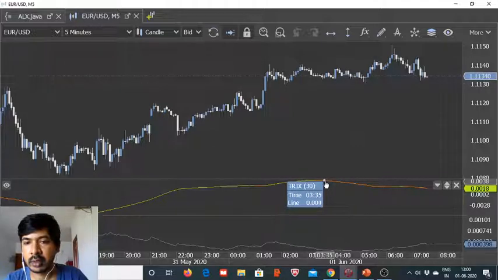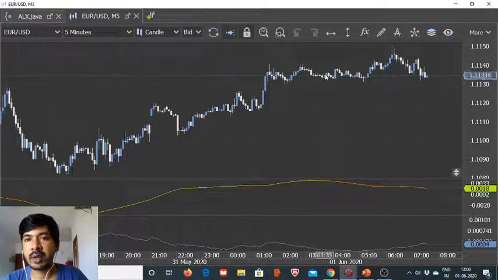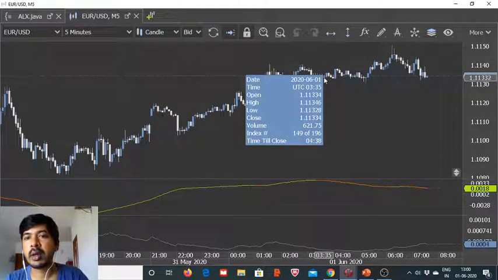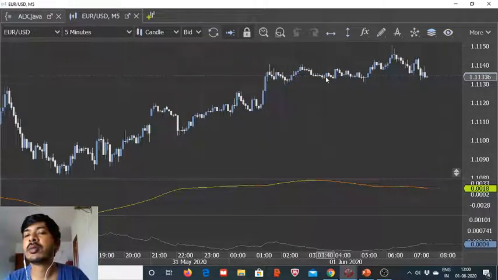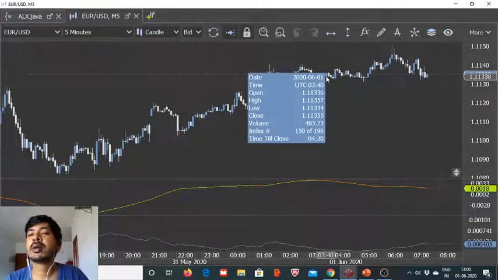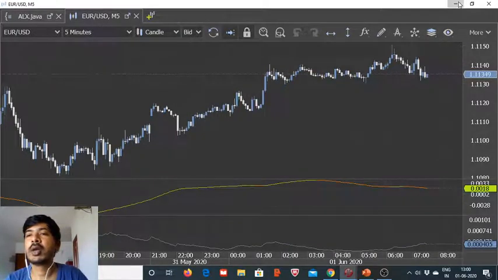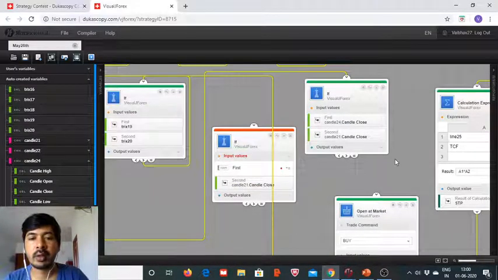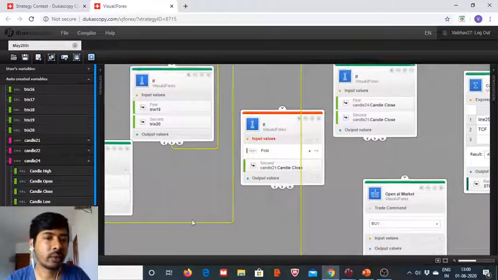Okay, so here the time is 3:35, and we will be going in for a sell trade, a new trade, when the value starts to fall. That means the 10-second candle close with shift 2 should be greater, and the 10 seconds candle with shift 1 value should be less. Okay, so we have to make some changes,